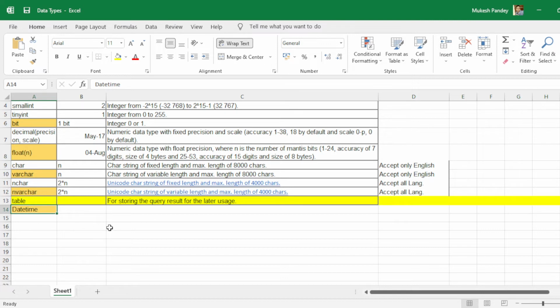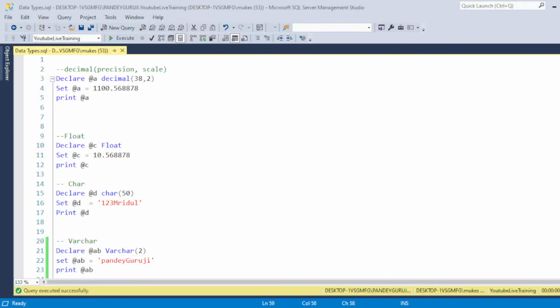I will use all these data types in the coming videos, so you can see how we can use them. So I'm talking about the difference between char and varchar. So let's jump to SQL Server Management Studio again.